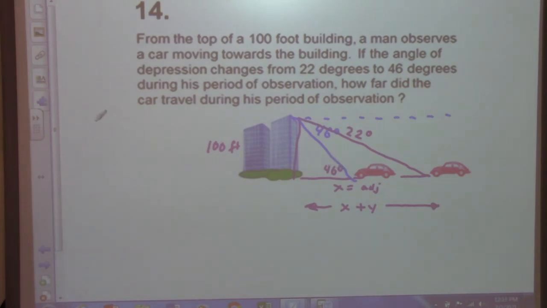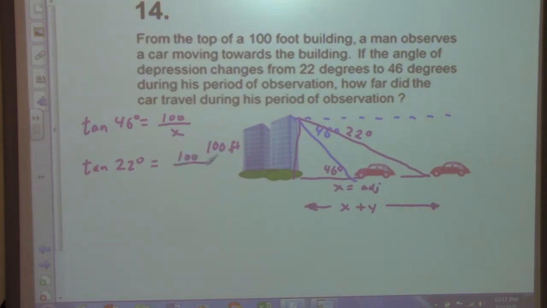So what you have is, this is 100 over here. And so your tangent of 46 degrees is going to be equal to your opposite side over your adjacent. And then for the other one, you have tangent of 22 degrees equals